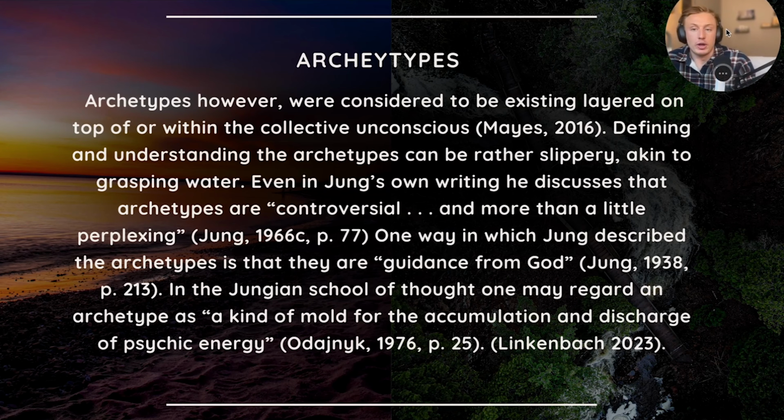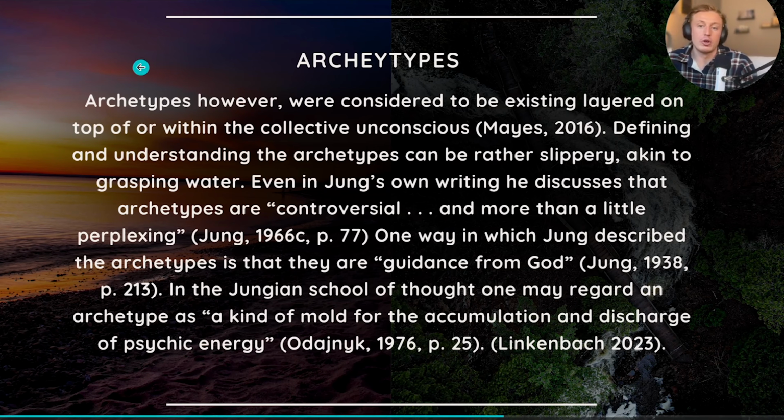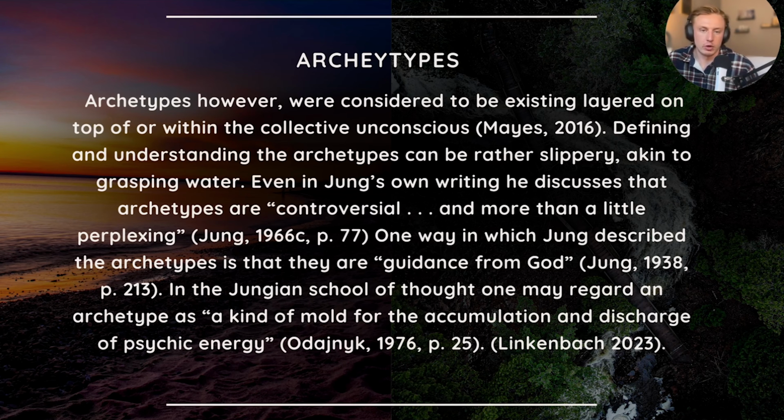So let's talk about archetypes. This is actually what I wrote in one of my papers, and I'm just going to read this so we can get a good definition. We can dissect it in just a moment here. So archetypes, however, were considered to be existing layered on top of or within the collective unconscious. Defining and understanding the archetypes can be rather slippery, akin to grasping water. Even in Jung's own writing, he discusses that archetypes are controversial and more than a little perplexing. One way in which Jung described the archetypes is that they are guidance from God. In the Jungian school of thought, one may regard an archetype as a kind of mold for the accumulation and